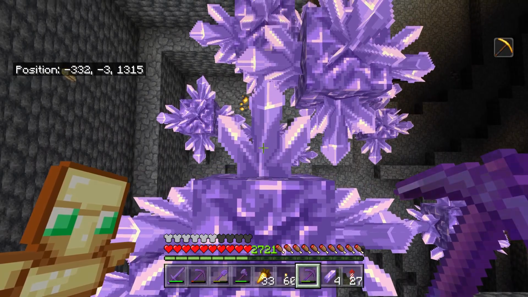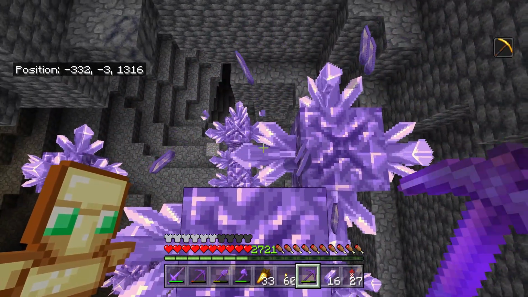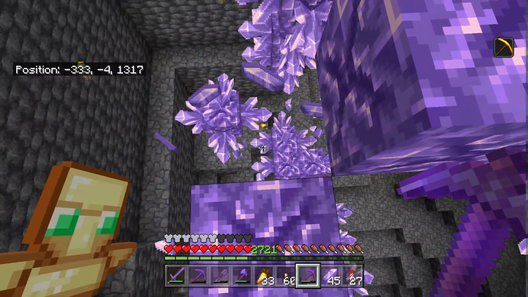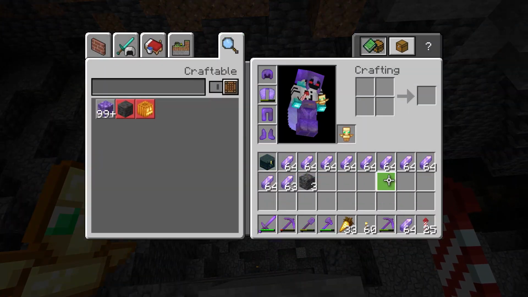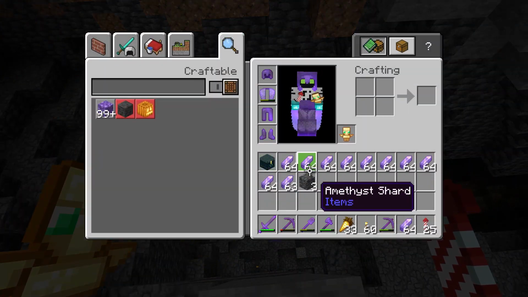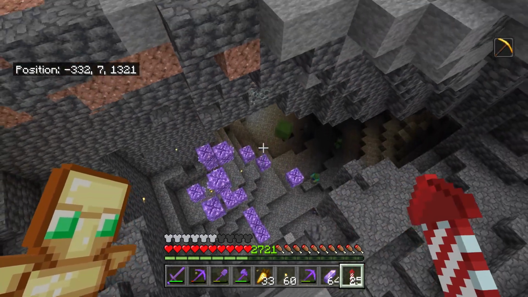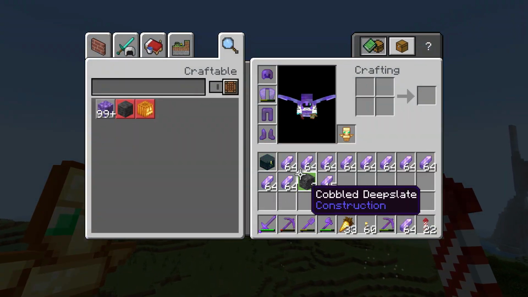So I've got my fortune 3 pickaxe here. I'm going to try and not break any of the blocks. And I'm just going to get all of the crystals, and this should be enough to make all the glass that I need. I can't actually remember the crafting recipe for the tinted glass, but I've got about 11 stacks of the amethyst shards here, so this should be way more than I need. I think there's actually a few more down there that I missed, which I'll quickly get. Now I can fly back to the base, I'll craft it up, and then we can get back to work